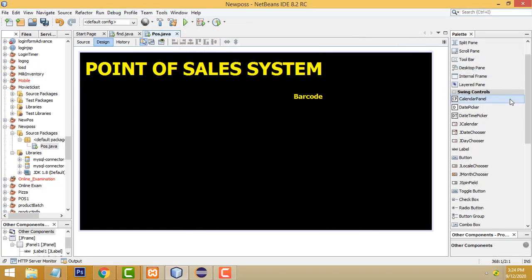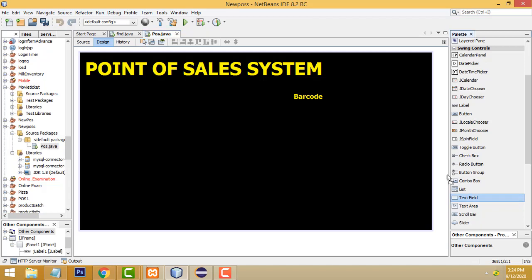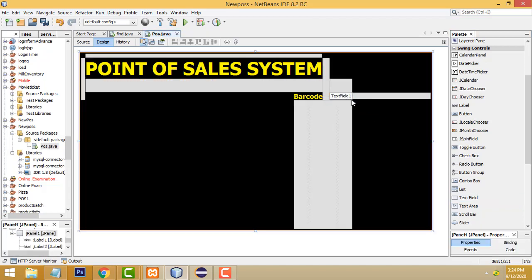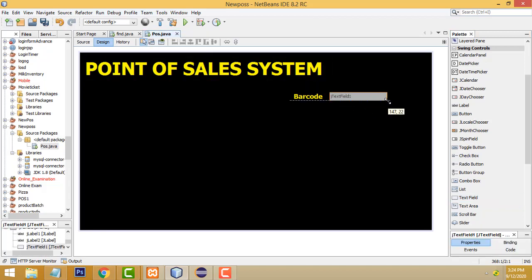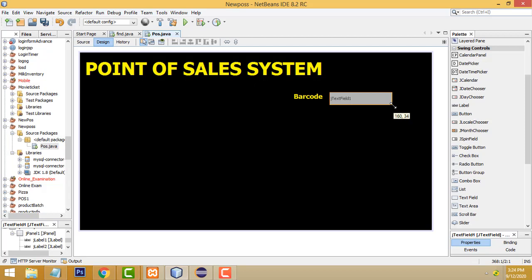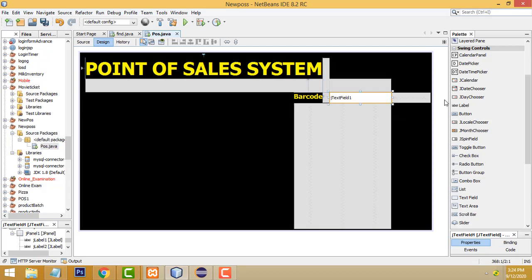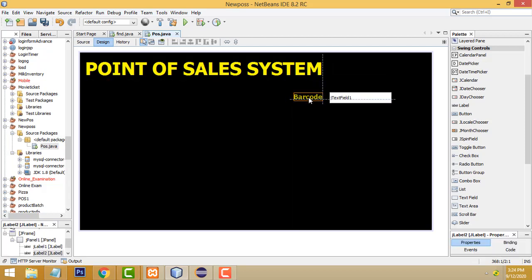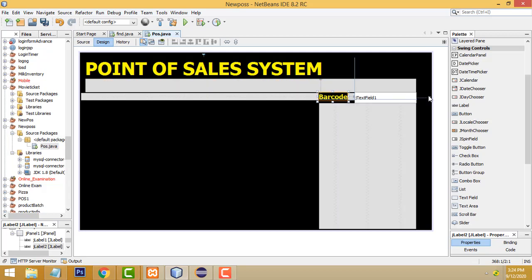After that we have to drag the text field, right? Simple stuff. Perfect. Now I'm going to drag another text field over here, right?